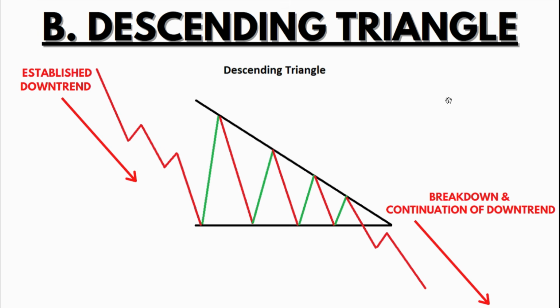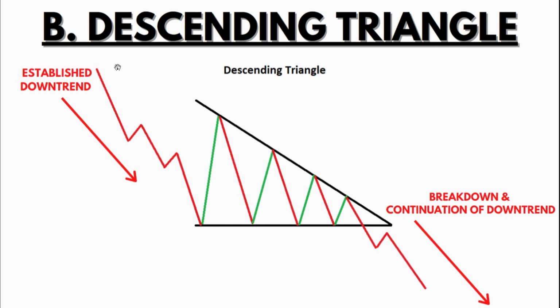Now here is the bearish variation of the triangle pattern, which is known as the descending triangle. It is absolutely the same as the ascending triangle, just the sides are opposite. That means the ascending triangle is the uptrend side of the pattern, that is the bullish pattern, and the descending triangle is the downside pattern, that is the downtrend and bearish pattern. The major downtrend here will be the established downtrend. The trend would be to the downside, and then there will be a flat line below here that will act as a support for the pattern, and then there will be a trend line going towards the downside, giving constant resistance to the price. And then the pattern will finally be broken, that is the breakdown and continuation of the downtrend.